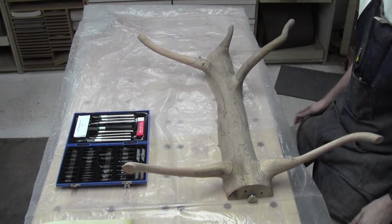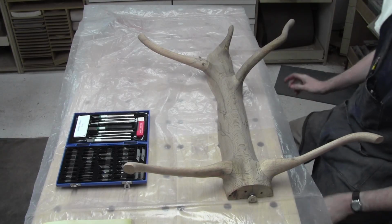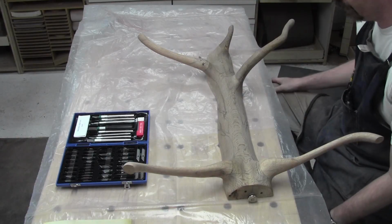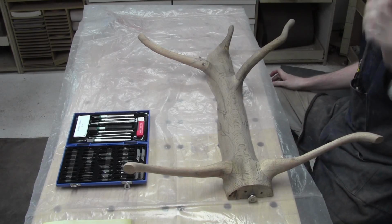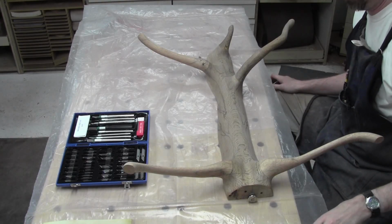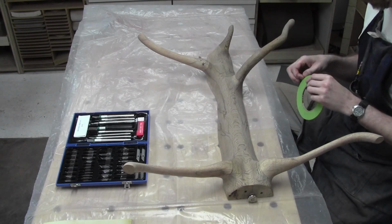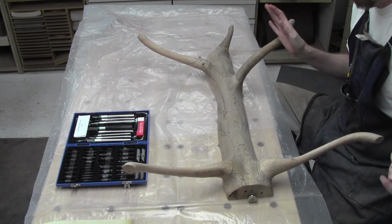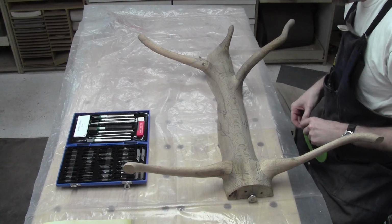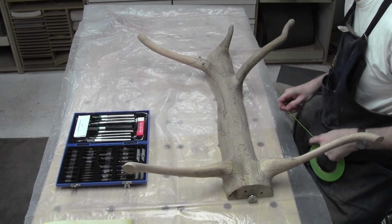Okay, slight change of plans. We went looking for some acrylic paints that I had in my drawer, and there aren't any black in there. So I don't like using a brush in the first place. Between that and my distaste for using a brush, I'm using it as an excuse. Fully acknowledging that I am using it as an excuse, I've decided instead of trying to paint this by hand, I'm going to mask it off